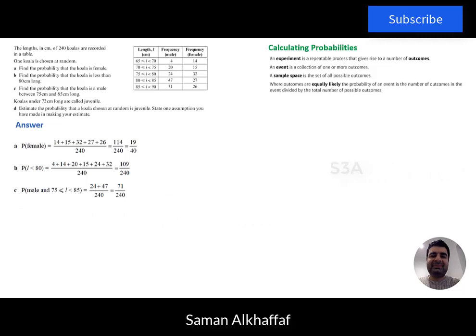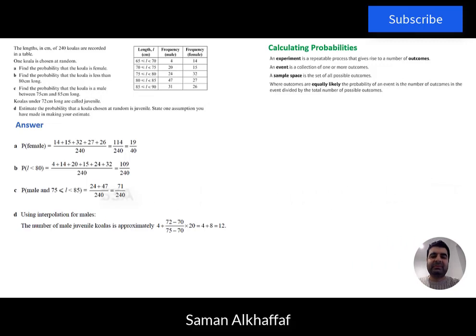Now for part D, we need to estimate the probability that a koala chosen at random is juvenile. State one assumption you have made in making your estimate. So in this scenario, we're told that under 72 centimeters long, they are called juvenile. So we need to take that range. So we use interpolation for the males. The number of male juvenile koalas is, we take the lowest range, because we're looking at the range of 65 to 70, which is 4,